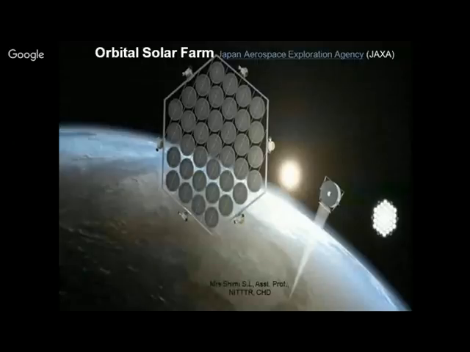So this is an orbital solar farm which is under research. 2030 में ये project reality में आ सकता है. Okay, it is a Japanese aerospace exploration agency. They have this orbital solar farm. Okay, so geostationary